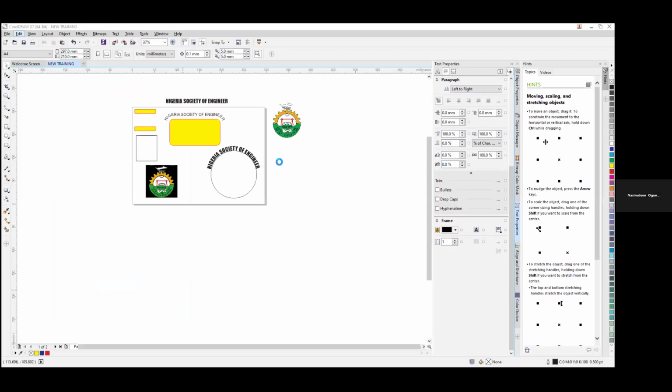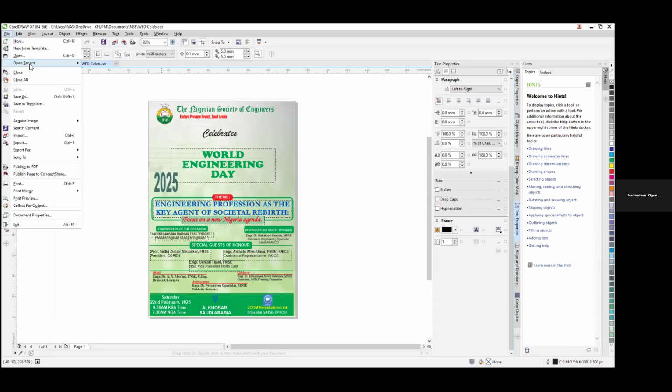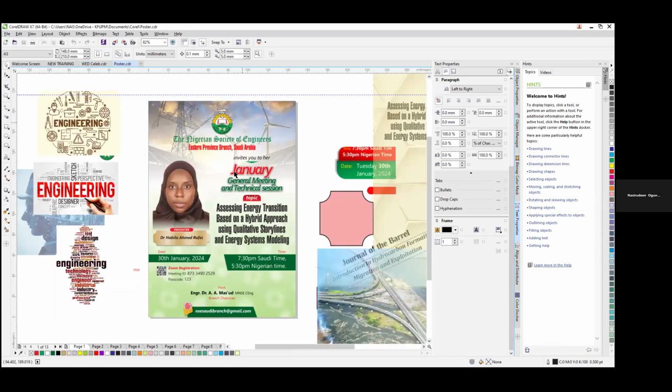Okay, let me open this. Okay, so this is not having a picture though. Let me see if I can have another one that's having a picture. Okay, so this is